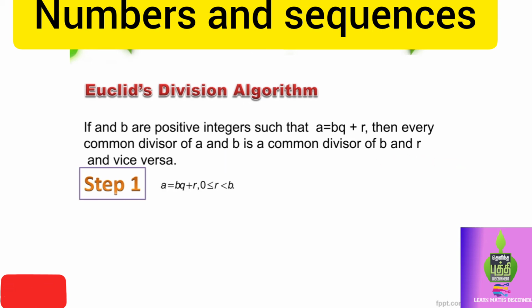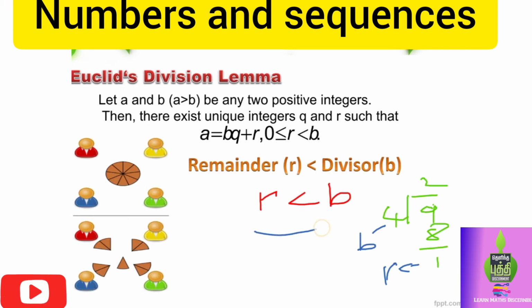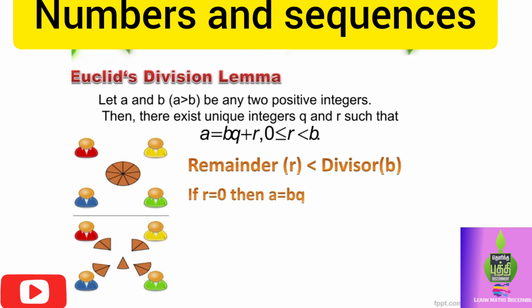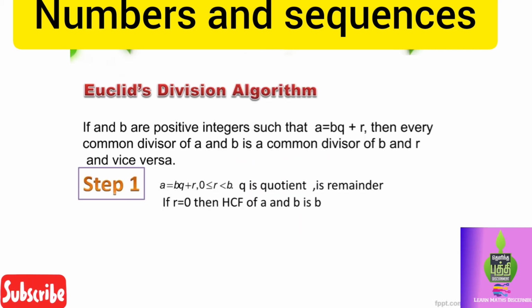I will explain a step-by-step process because an algorithm is a step-by-step process. We follow step 1 as Euclid division lemma, where r < b. If r = 0, then we get a = bq and we stop the Euclid division lemma. But in this algorithm, we should continue to get r = 0, and we have to find the highest common factor of a and b, which is the same as that of b and r and vice versa. We have to satisfy this. How? Let's go on to step 2.